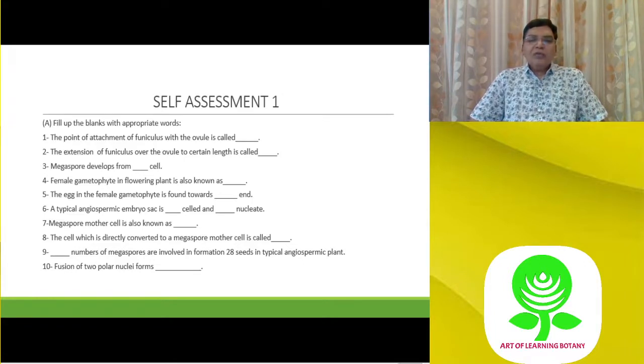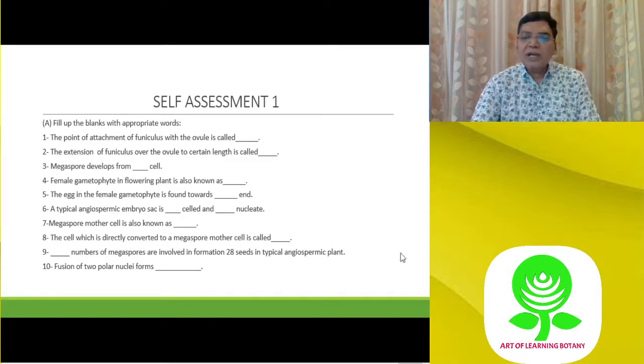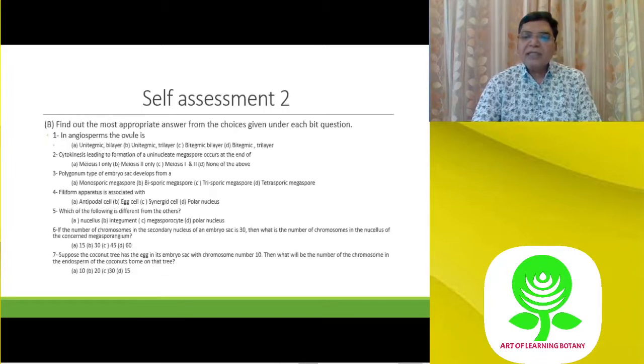Now the function of the two polar nuclei: fusion of the two polar nuclei forms the secondary nucleus. Clear? So tally the answers with your answer. Now next is